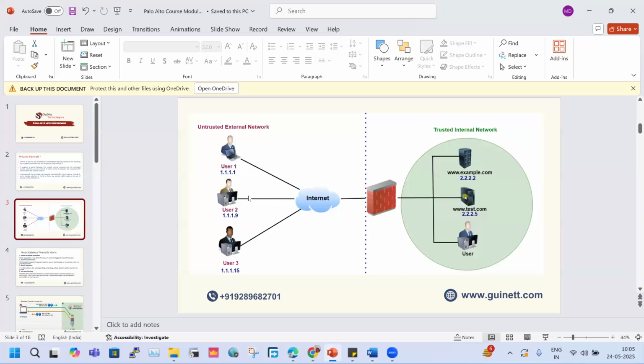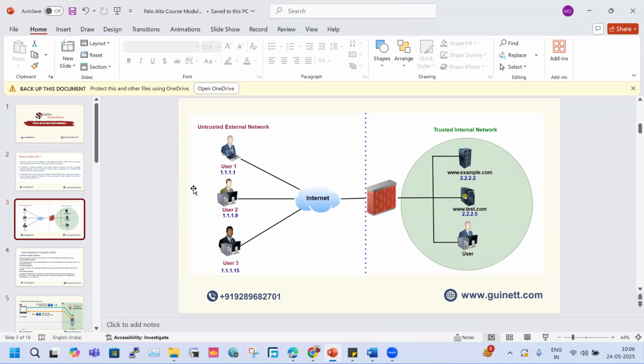Yeah, right. But I would like to correct you. Stateless firewalls are the firewalls that do not create any type of session table, right? And for allowing traffic from out to in or in to out, we need different policies. We would need policies in both directions to be created in the case of a stateless firewall, right? It will be more hectic for a network administrator because he will have to manage more policies, right?